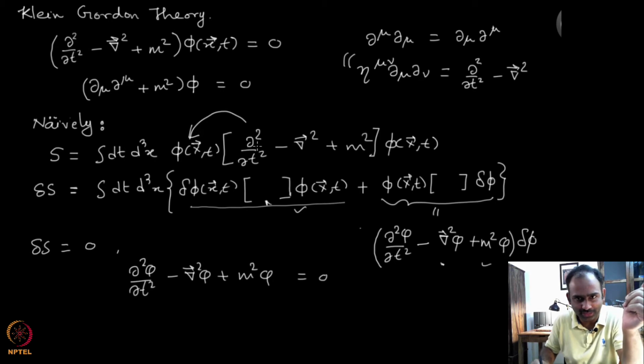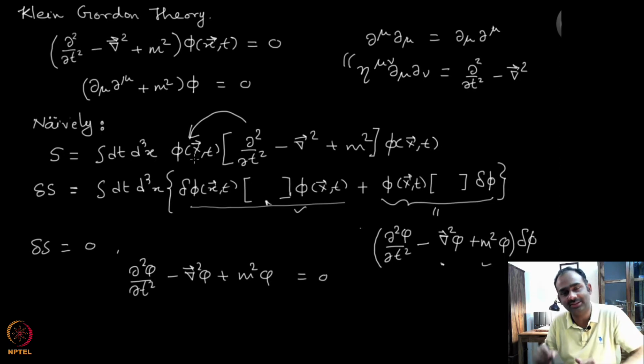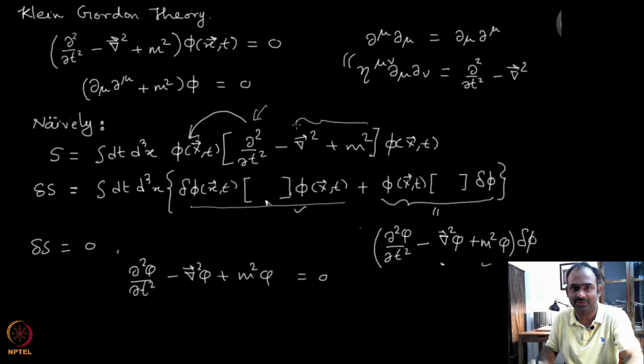Now when I do so, when this goes here, you get del phi over del t, and this one still has one more derivative that acts on this phi, so you have still a del phi over del t. So you have del phi over del t times del phi over del t, but because you transferred one derivative here using integration by parts, you get a minus sign. So what you get here is minus del phi over del t whole squared, right? So let me write down the thing. Let's look at only this first term. We'll not worry about these pieces right now.